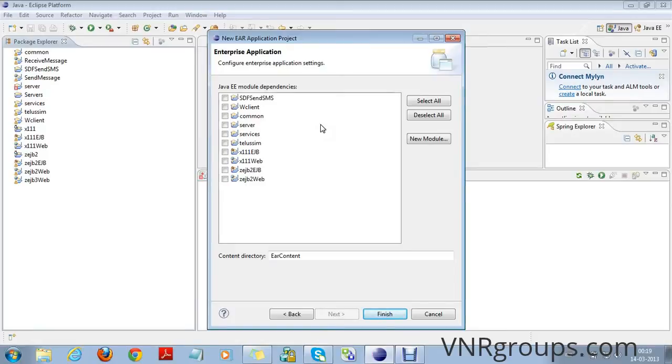In this window we have to add modules to this enterprise application project. To add a new module, click on new module button.